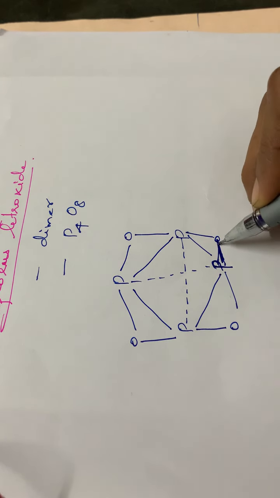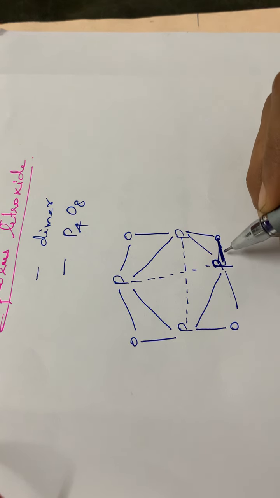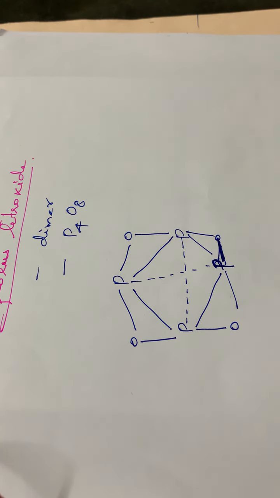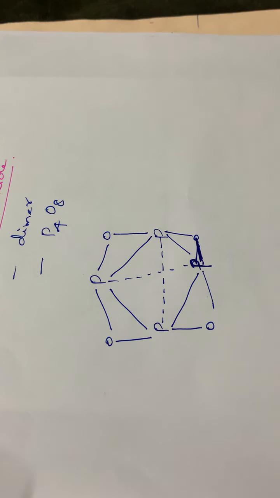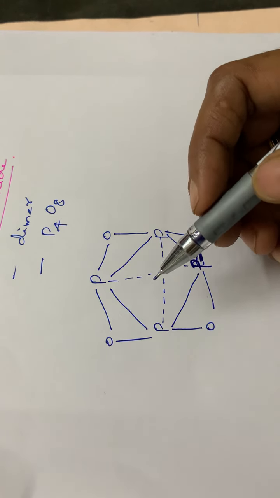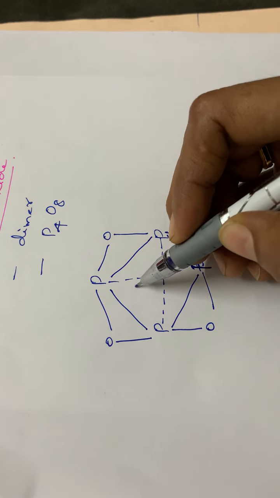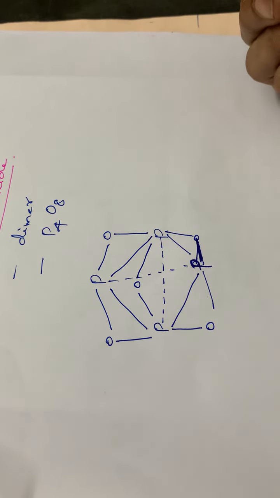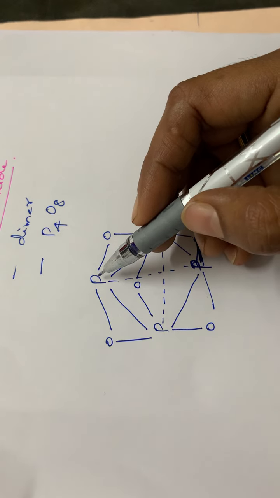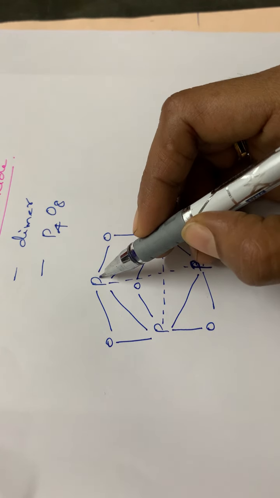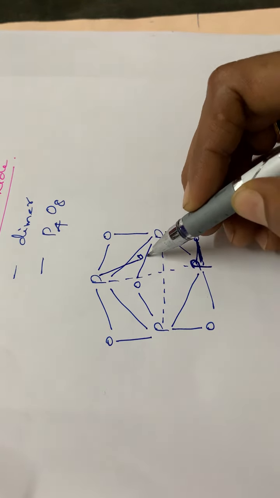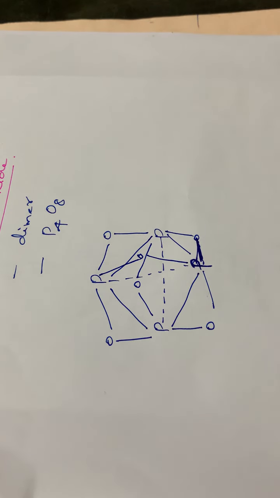P, single bond, this is a single bond. Okay, P, just like the previous structure. Then the next one, we have to draw the other oxygen atoms in between. That is, at this position 1 oxygen. Then for this phosphorus also 2 oxygen atoms are there. It will be like this. So the structure is completed.